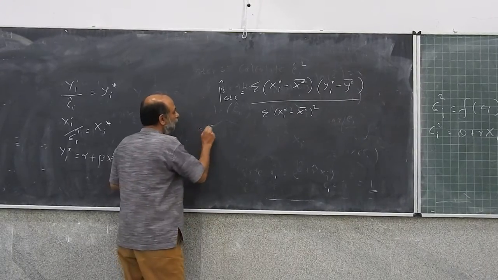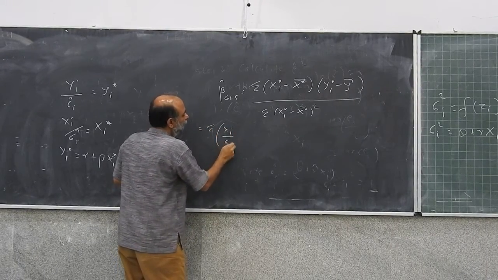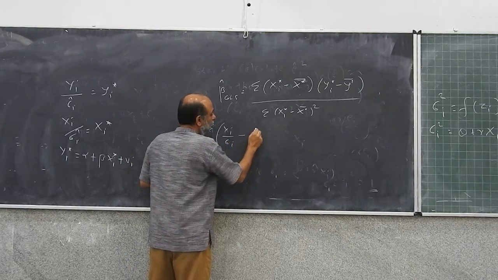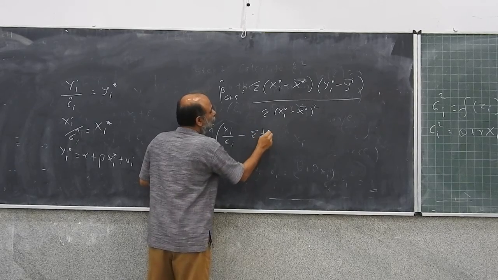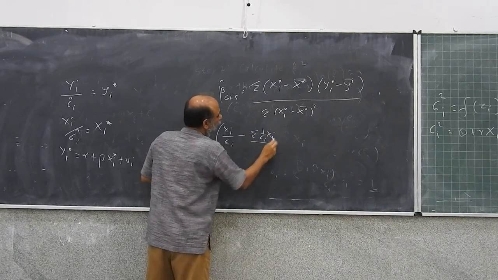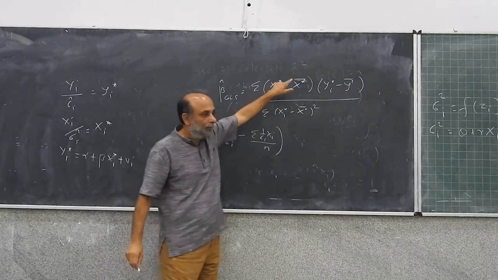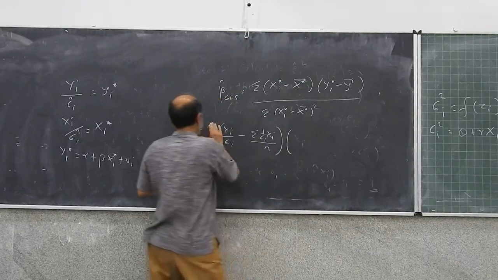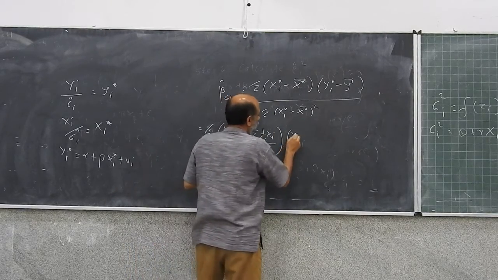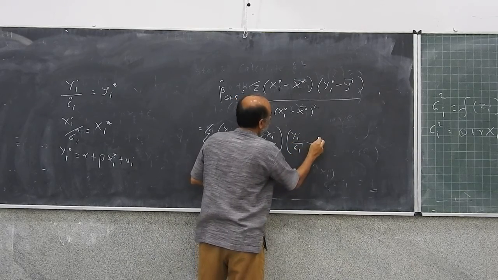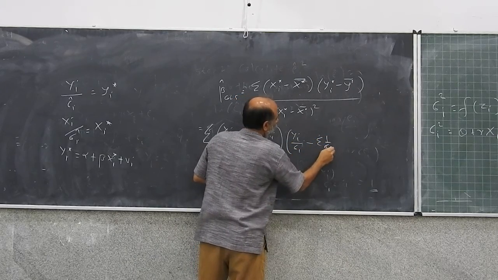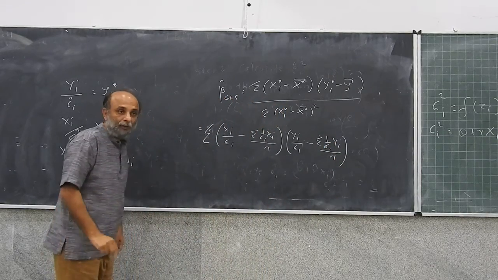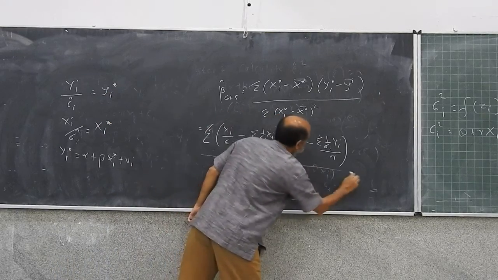This is nothing but summation xi upon sigma i minus summation 1 upon sigma i xi upon n, x star bar, right? Whole upon